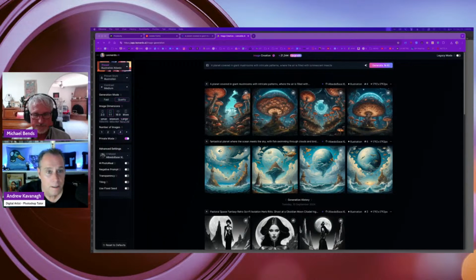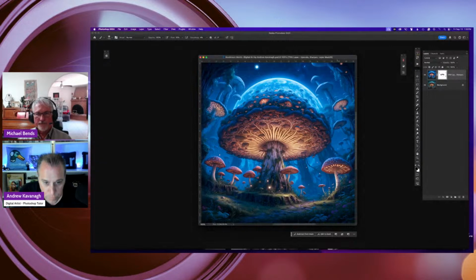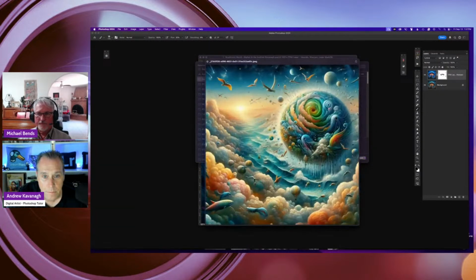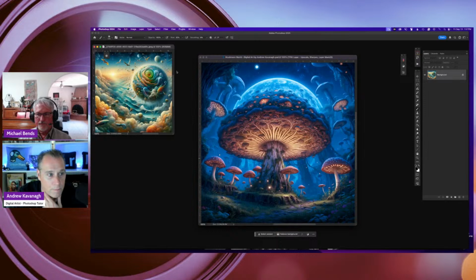So let me go back, share my screen. And I won't necessarily do a photo, but I might grab another image and just. There we go. And then I'm going to switch over to Photoshop. So here I'm in Photoshop. So I'm in this image, and then I open from the desktop. Well, yeah, maybe just something completely different. So maybe I'll open this kind of world.